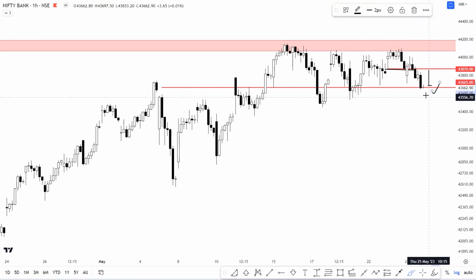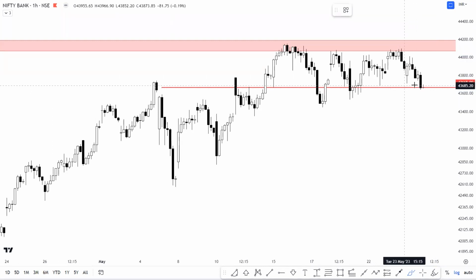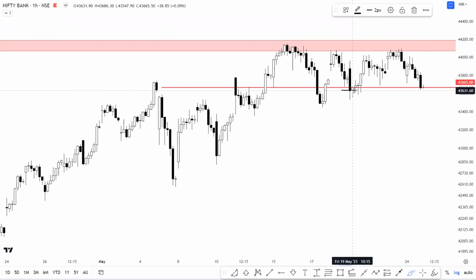Now on the hourly chart, you can also observe the supply pressure that has been coming in from near this zone, that is the all-time high levels itself. So till the time Bank Nifty is trading below this zone, it looks like a sell on rise setup. Now here if you see, Bank Nifty has broken down a major support level of